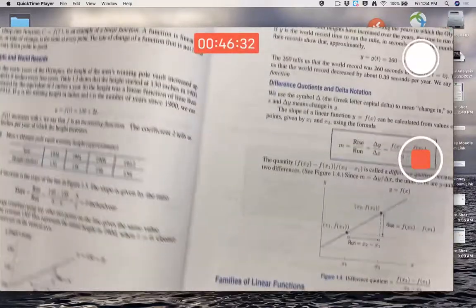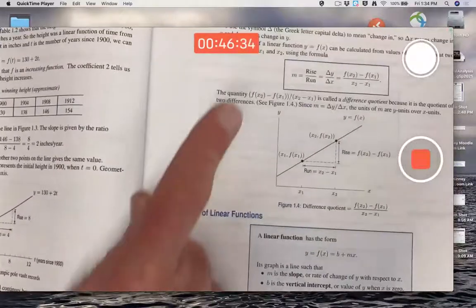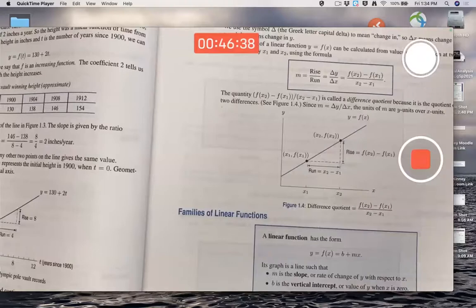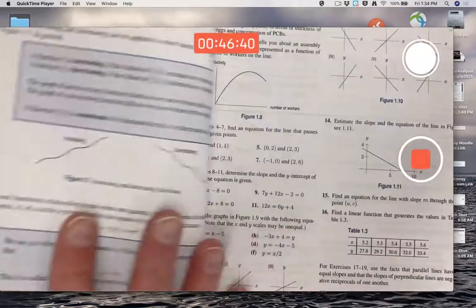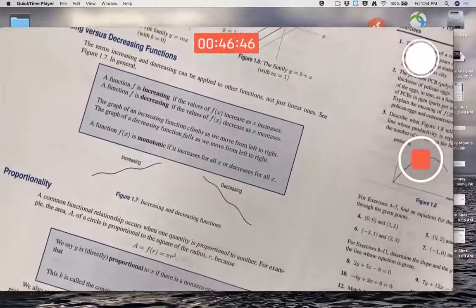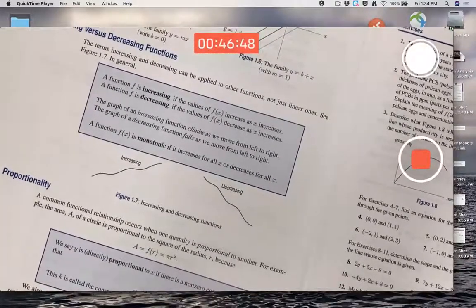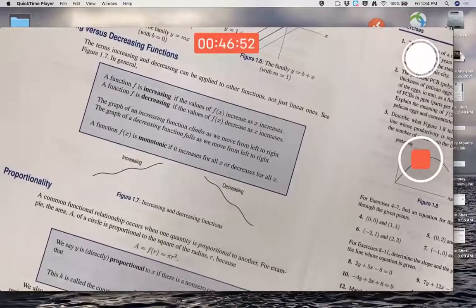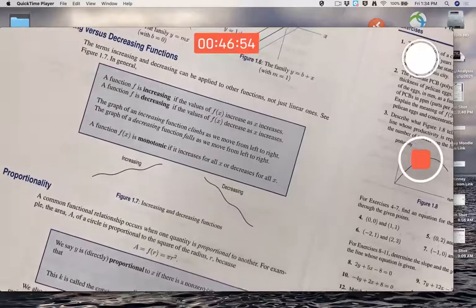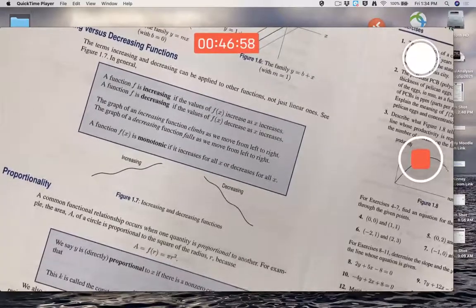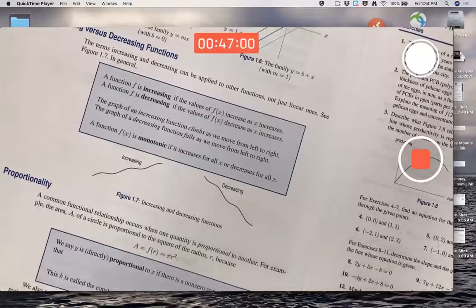Families of linear functions down here, slope there. Proportionality is highlighted as well, increasing and decreasing. Those are definitions in section 1.1, but your problems were not limited to those kinds of functions. They involved nonlinear functions and thinking about domains, trying to avoid dividing by 0 or taking square roots of negative numbers, for example. Also emphasizes the theme of the rule of 4, we call it, that you can think about